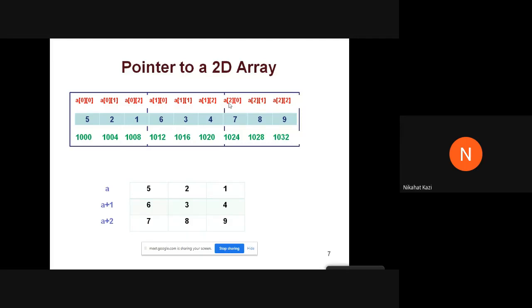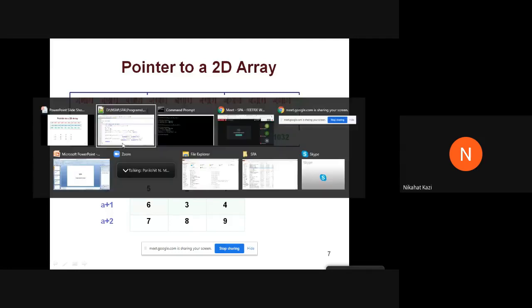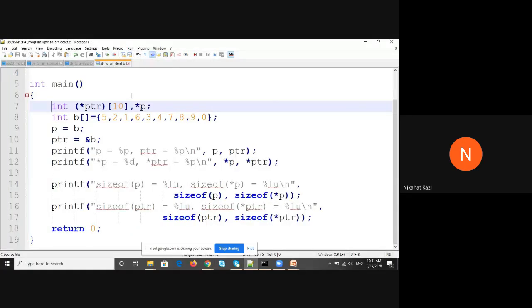So the superset is the 2D array, and the subsets, the children of this, are 1D arrays. I'll show this in hierarchy form.